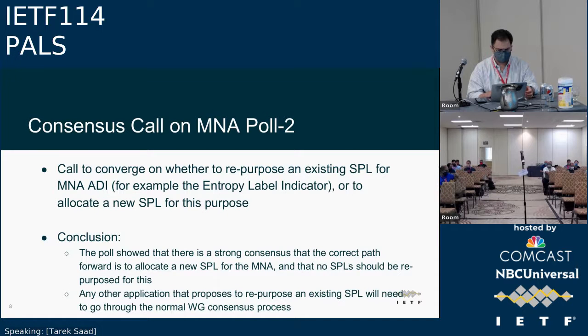The second poll was a call to converge on whether to repurpose any existing SPL for the M&A action data indicator. For example, an SPL that was thoroughly researched was the entropy label indicator. Or whether we should allocate a new SPL for this purpose. So the conclusion on this poll was, the responses showed that we have a strong consensus that we want to allocate a new SPL for M&A,